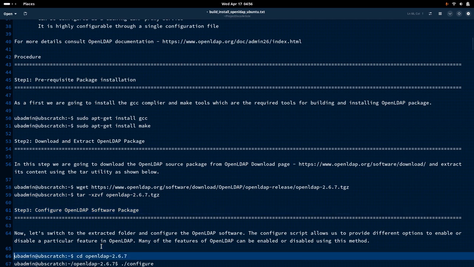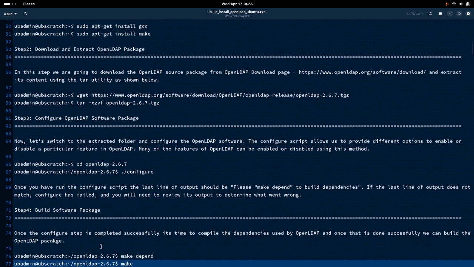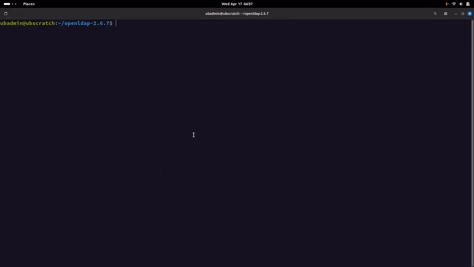So basically, we are following the build and installation procedure for installing the OpenLDAP service. The first thing that we need to do is configure our package so that we define the locations wherein we want to install the OpenLDAP package and what type of modules or features we want to enable. Okay, so if you look at the configure script